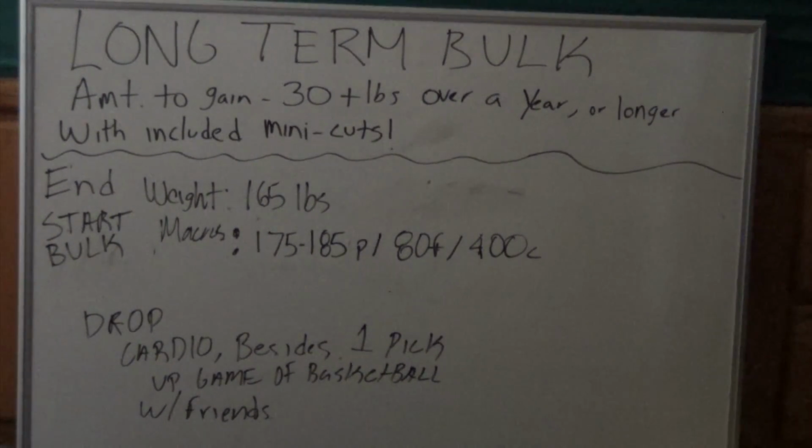His starting bulk now is 175 pounds. Excuse me, sorry, I'm totally out of it. 175 to 185 grams of protein, 80 grams of fat, 400 grams of carbs. He has dropped the cardio entirely. So those 2 sessions, he's dropped them and he's only doing one pickup game of basketball a week